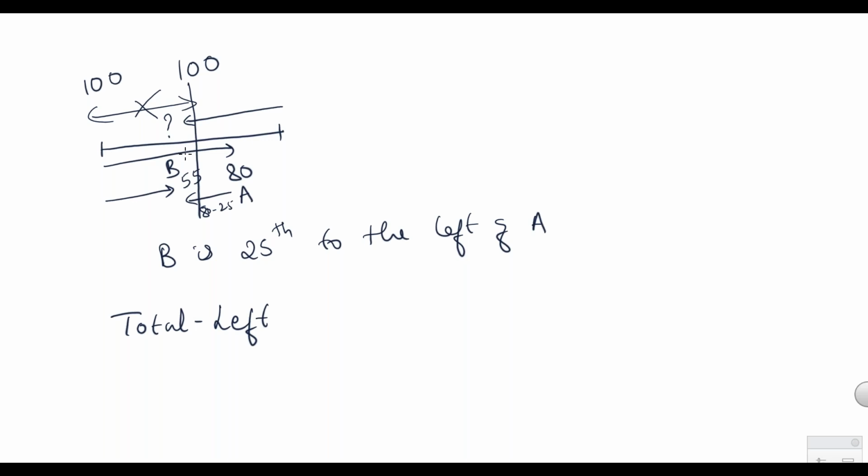In these 55 people that we are subtracting, B was there. Now if I am subtracting these 55 people, which means I have not considered B. Now remaining people are 45. In these 45 people, B is not there, because up to B we have subtracted. So we have only 45 people. But in these 45 people, we don't have B, and we are actually finding the position of B only. Now to get B again, B will come after these 45 people, which means I have to take plus 1 or minus 1.